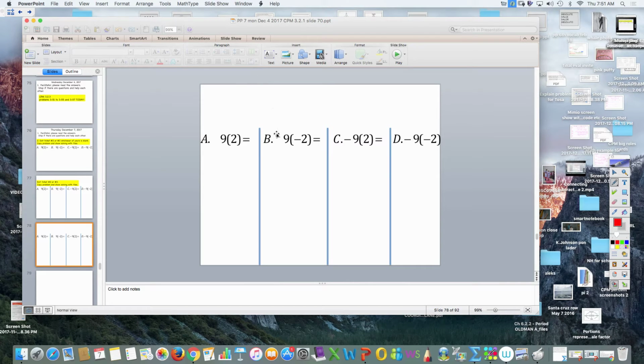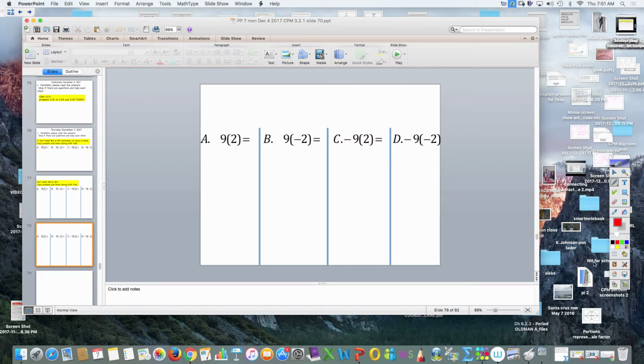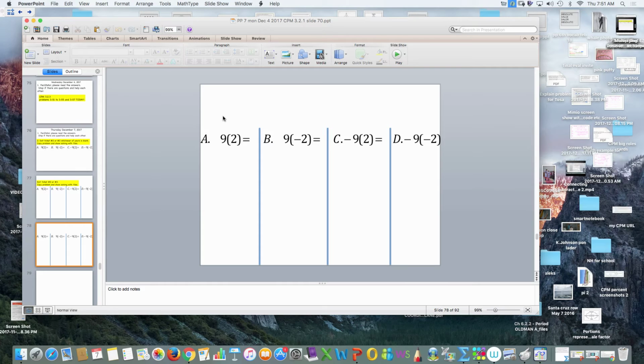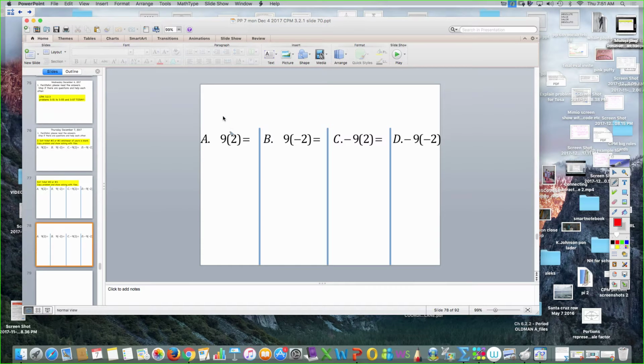Hi, we're going to talk about multiplying positive and negative numbers here today. And the first problem we have is 9 times 2, and both numbers are positive. The important thing here is the way we're thinking about the problem: it's 9 groups of 2 or 2 groups of 9. So I could say 9